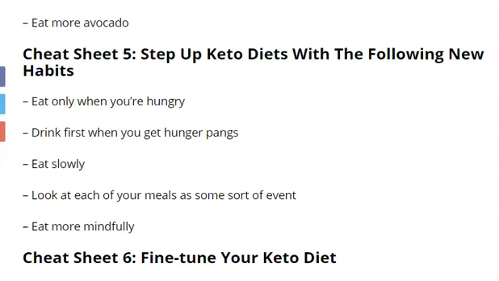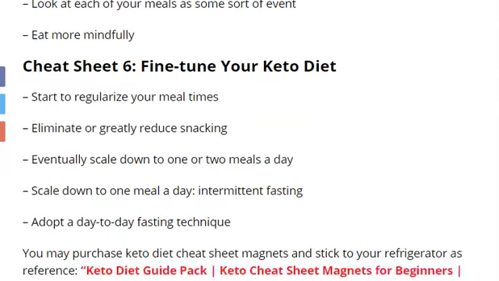Now that you have practiced this, you reach the final stage: fine-tuning your ketone diet. Basically at this stage, you already have your ketone diet ready and have removed all the carbs from your food. Now you fine-tune.